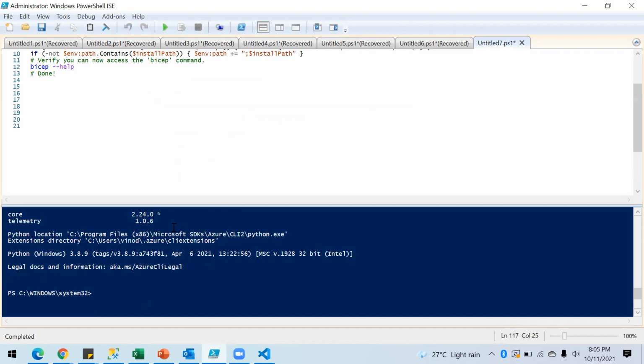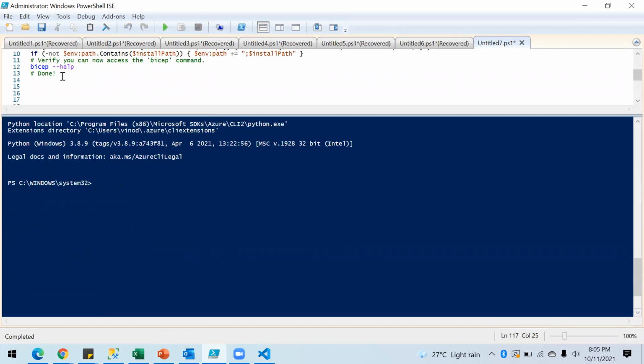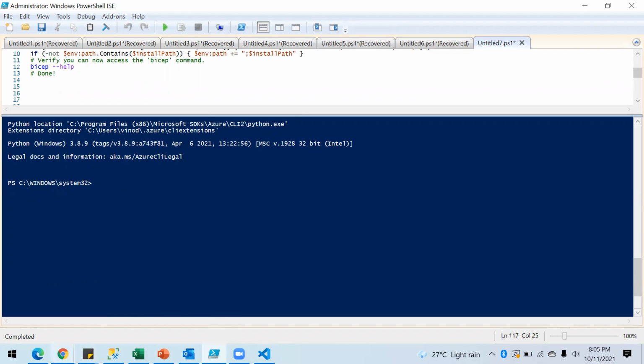So I'm going to use this PowerShell itself, and to deploy this, I need a resource group first. So let me go to the Azure portal and create a resource group, or else you can create it by using the CLI command directly.